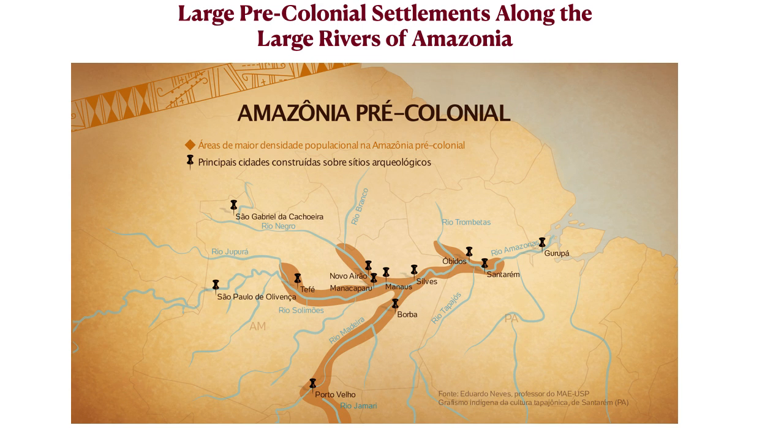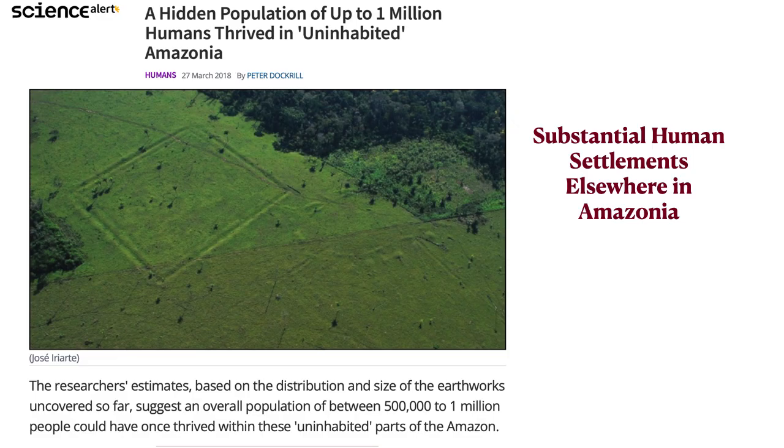So this Portuguese map shows some of these in Brazil along the main stem of the Amazon and some of its major tributaries. Some of these were essentially cities, or at least close to it. The societies living here were usually not regarded as state level, with really sophisticated states, but not necessarily the case. We don't really know, because there was more destruction of these societies than was true in the case of Mesoamerica or the Andean realm. So anyway, these were sizable, and a lot of evidence is being found.